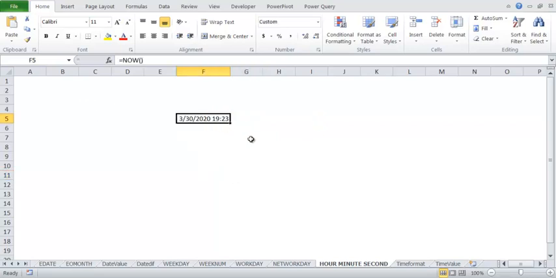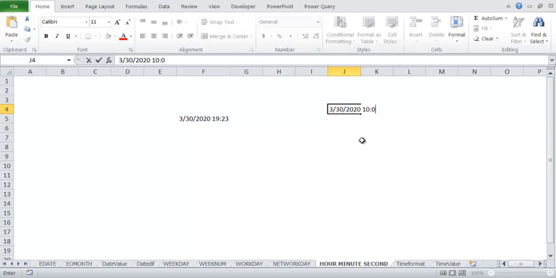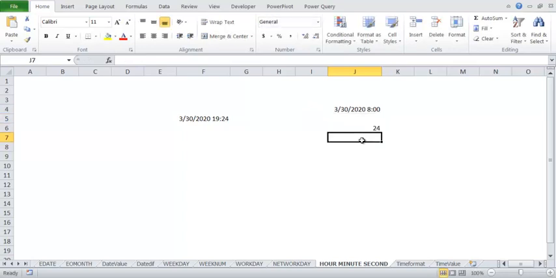As an example, let's say I write a number, 30/03/2020 and 10:00. This means it is 10 a.m. on 30th March. Let's say I do it as 8 a.m. We know there are a total of 24 hours in a day, so 8 hours means 8 by 24, which is 0.333.